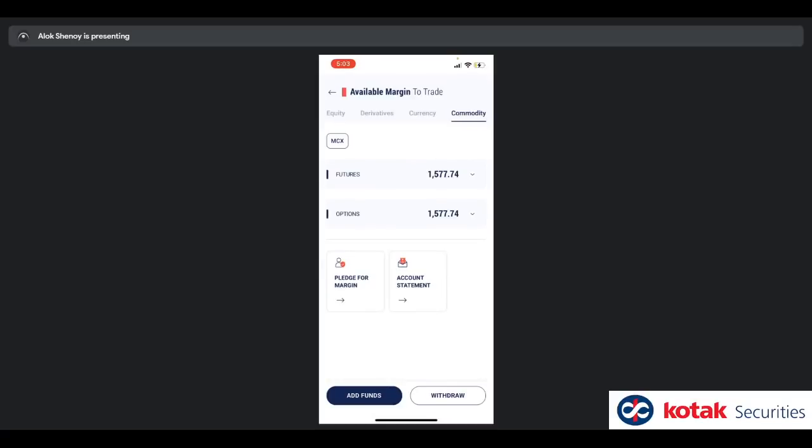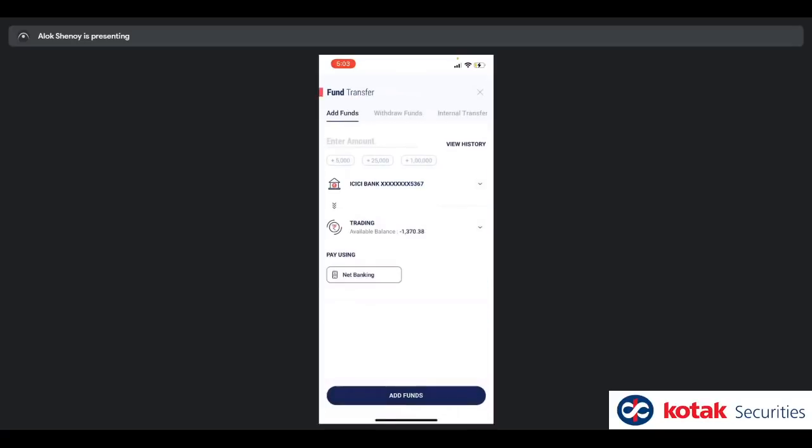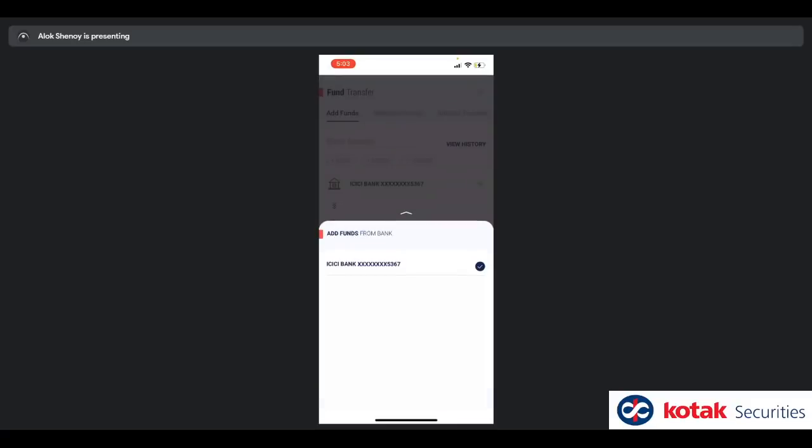Now, if you want to add funds or withdraw funds, you can see the two buttons at the bottom, okay? You click on add funds. Depending on which bank account you have linked, you will get different options over here. In my case, I have the ICICI Bank linked because that was my primary account at some point, hence ICICI. But if you have multiple banks linked, just click on the ICICI entry up here, for example, and you will get multiple options here, okay, which you can select from, and that can become the bank you transfer the money from.